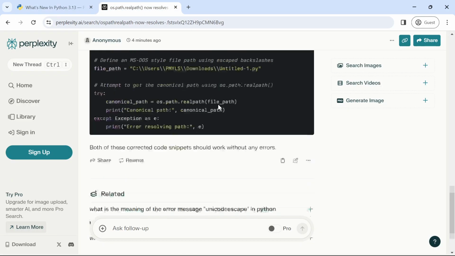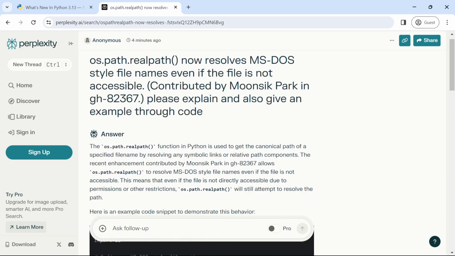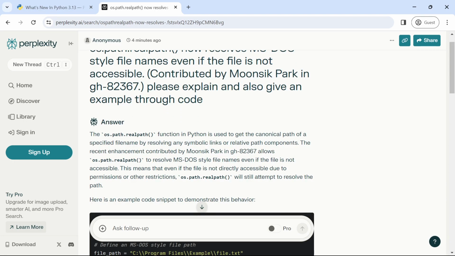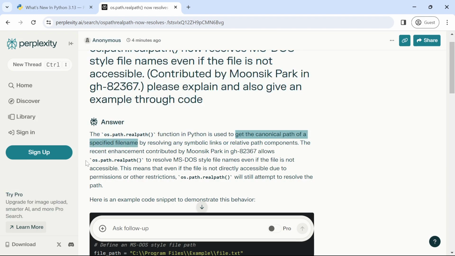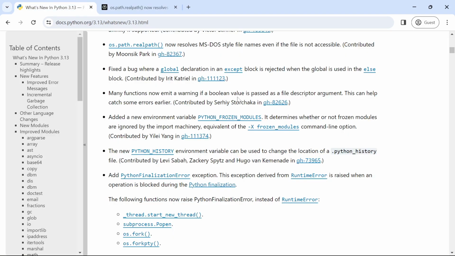And I've already opened this over here. The os.path.realpath function in Python is used to get the canonical path of a specified file name by resolving any symbolic links or relative path components. So now you understand that it is used to get the canonical path of a specified file name. The recent enhancement contributed by Moonsik Park in GH82367,